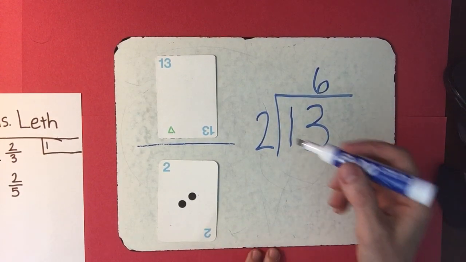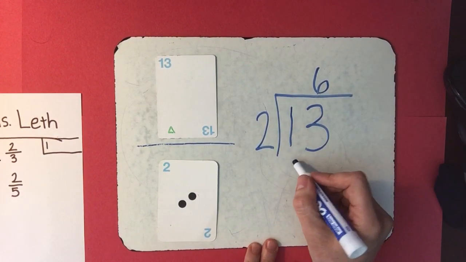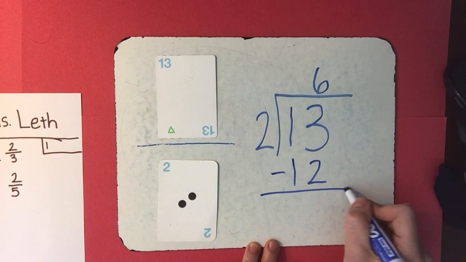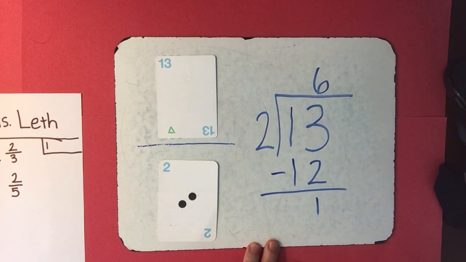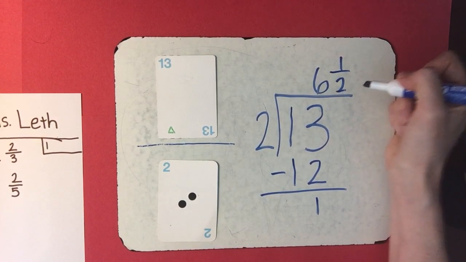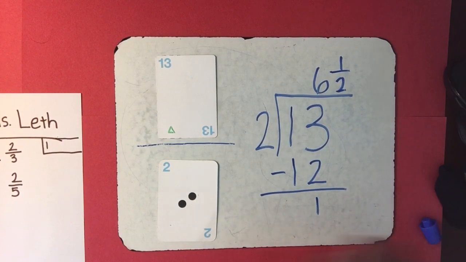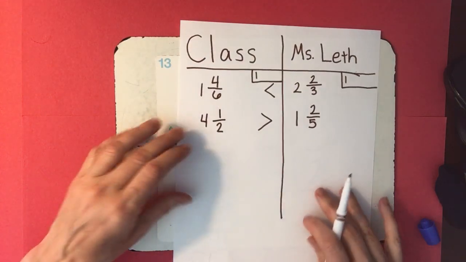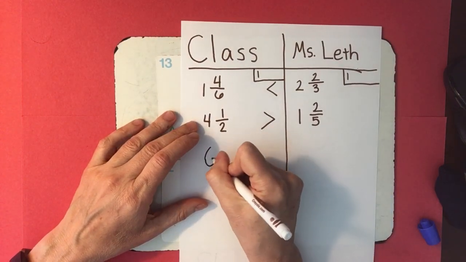And then I'm going to multiply. 2 times 6 is 12. My remainder is 1, so the answer for you this time is 6 1/2. So on our score sheet, we're going to write 6 1/2,